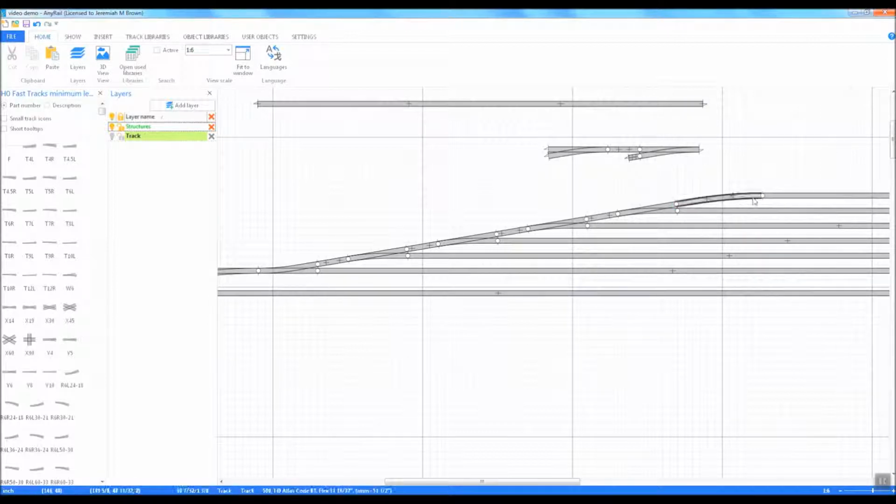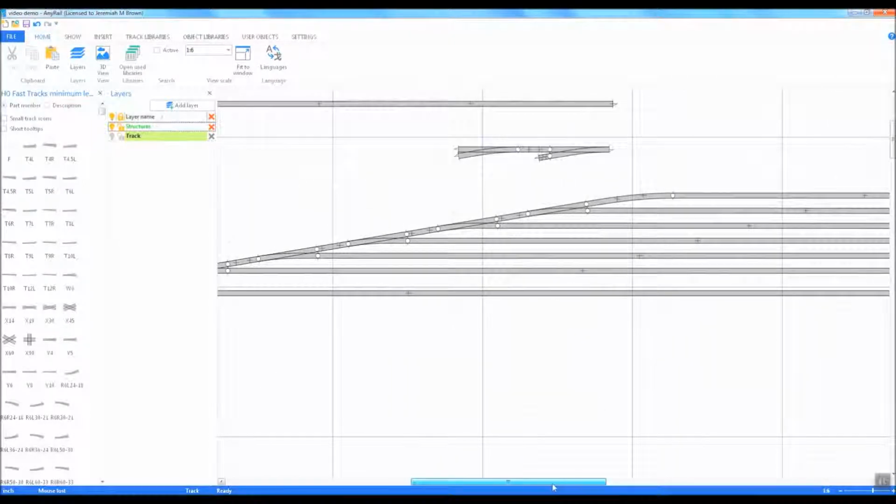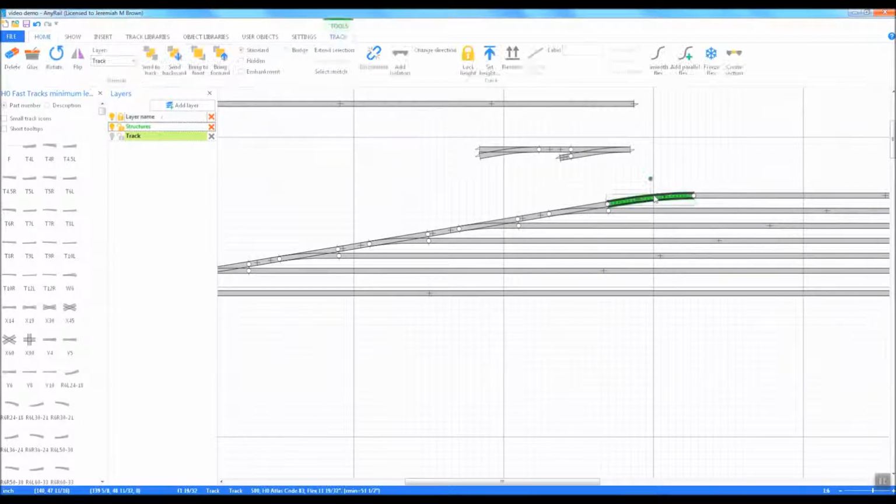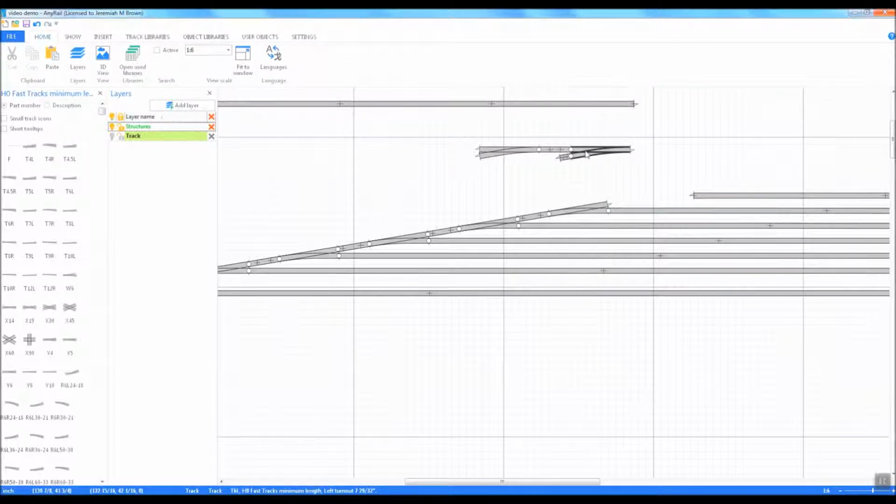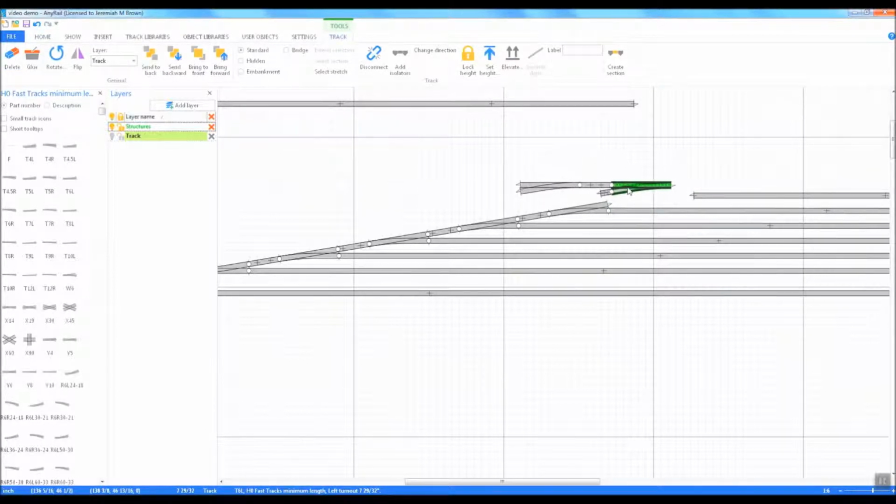There. Oh, look at that. Don't even need to make adjustments to get rid of the minimum curve or minimum radius alert. So there, you can do it that way. Now, there you go. Or, I call it the bypass track. I know that's probably not correct, but